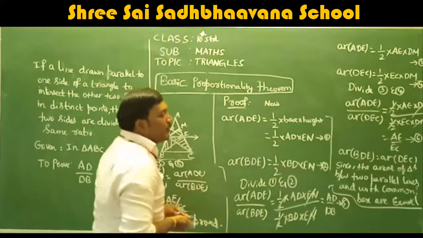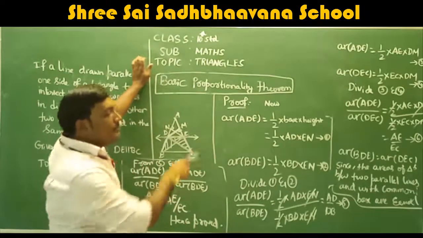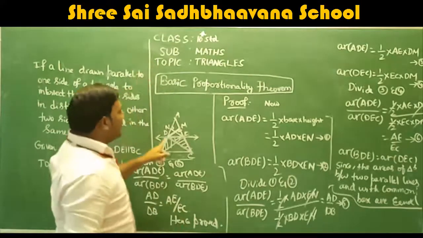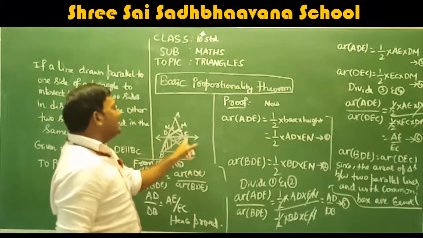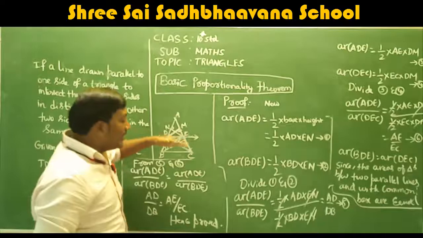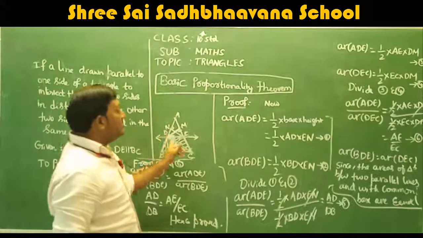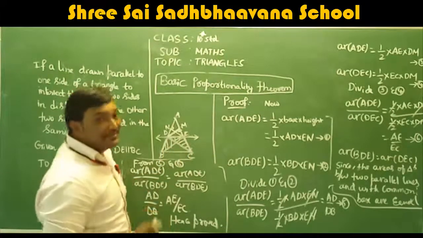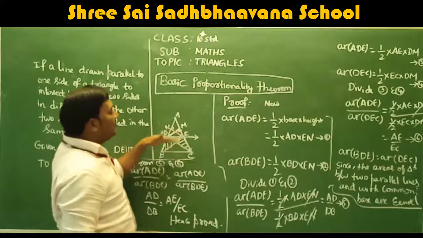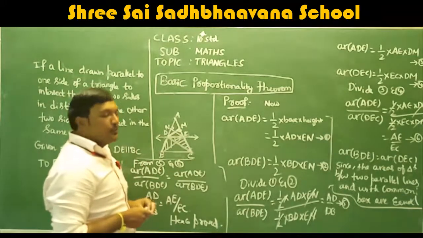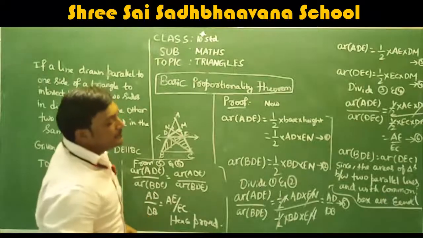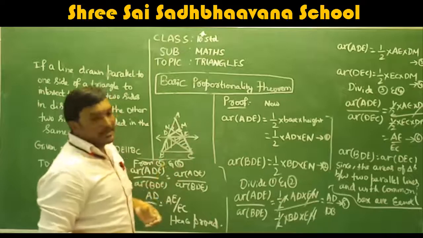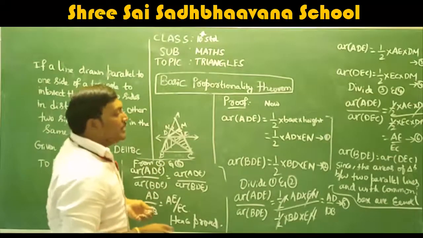And also we know one more property which we discussed before starting this theorem. Area of triangle BDE is equal to area of triangle DEC. Why? Because the triangles BDE and DEC are between two parallel lines and are located on the same base DE. You can look here, BDE and CDE both have the same base DE, and these two are between DE and BC. Correct? Between two parallel lines, so those areas are equal. Since those areas are equal, you have to specify that. Don't directly write it and leave. You have to write the statement, then only it will be completed.